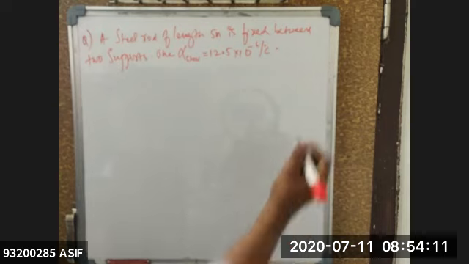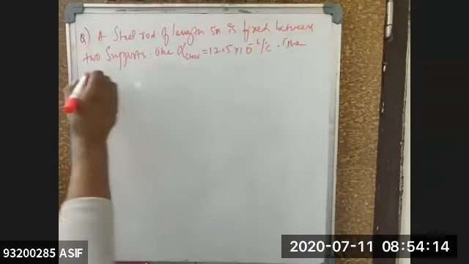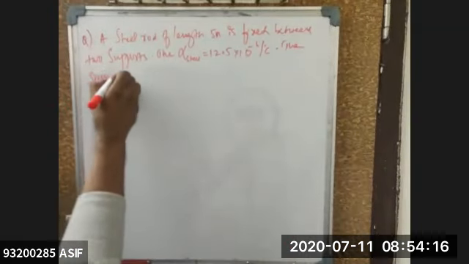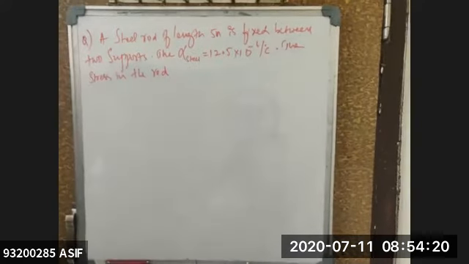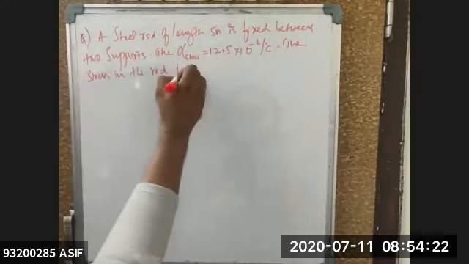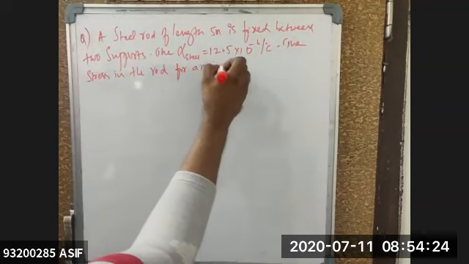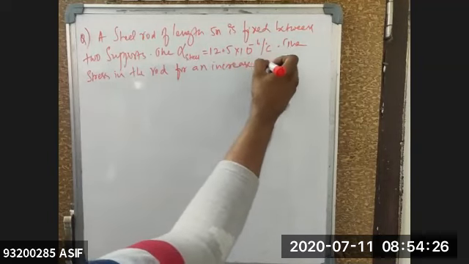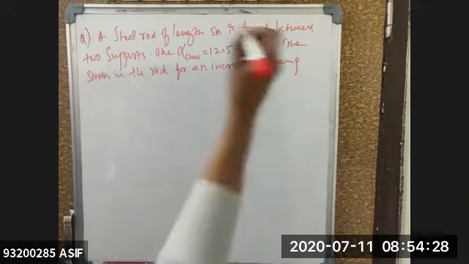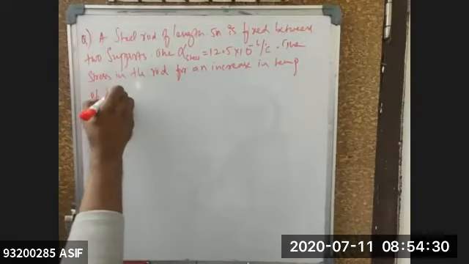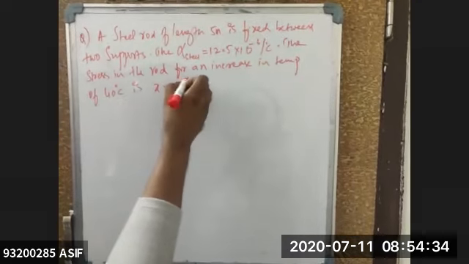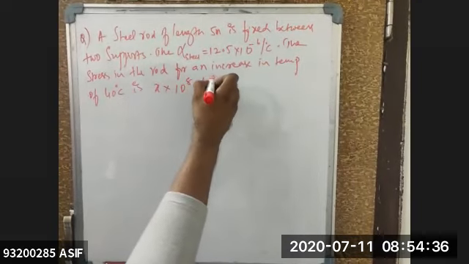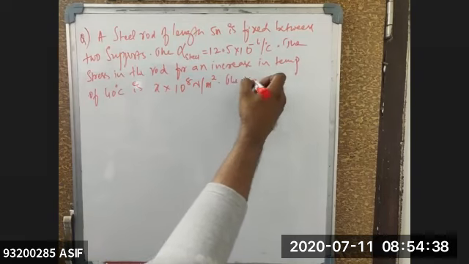The stress in the rod, for an increase in temperature of 40 degrees centigrade, is x into 10 to the power of 8 Newton per meter square. The value of x is